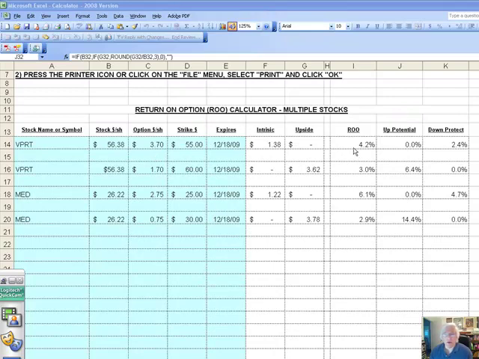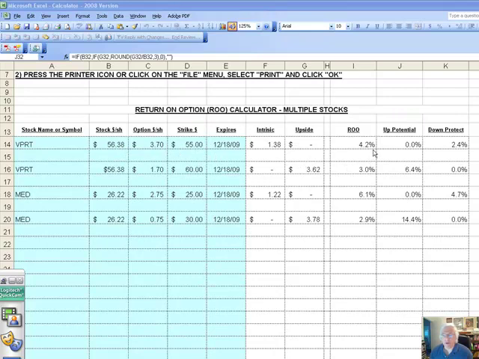So I want you to know that the calculator will do that for you. It will deduct the intrinsic value for in-the-money strikes from the option premium, so you get a very real look at the actual profit that you're making. And in this case, it's 4.2% over 6 weeks. We have downside protection of 2.4%, as that stock can drop in price from $56.38 down to $55, and your